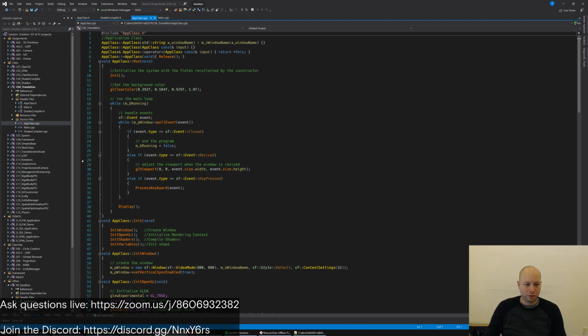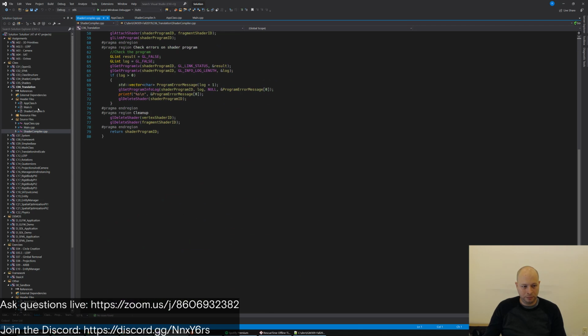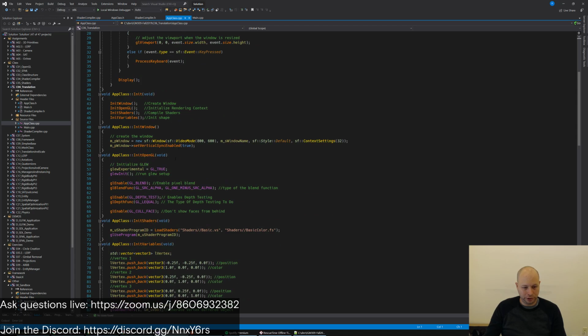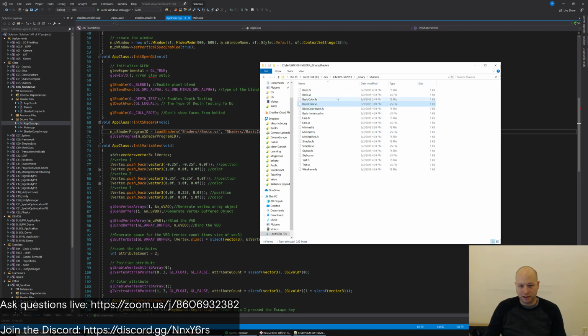So let's go through the main. Main looks the same. Shader compiler looks the same. So let's look at the app class and what's going on. Initialization is the same. Processing information, the constructors, they look good. The initialization looks the same. We're using basic and basic color.vs. So let's really quickly look at the basic